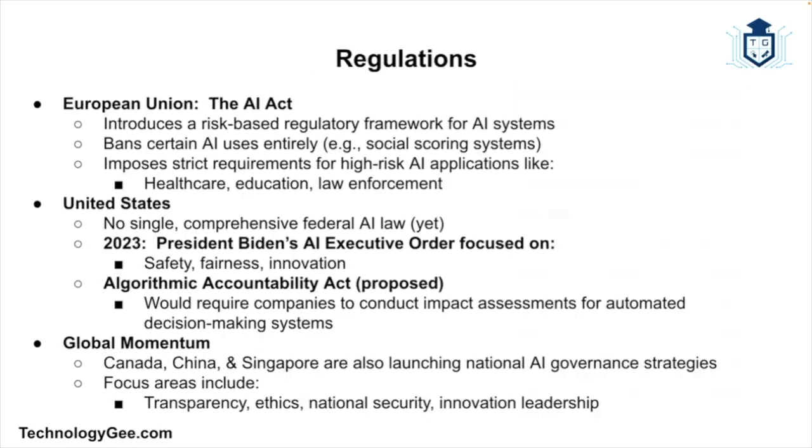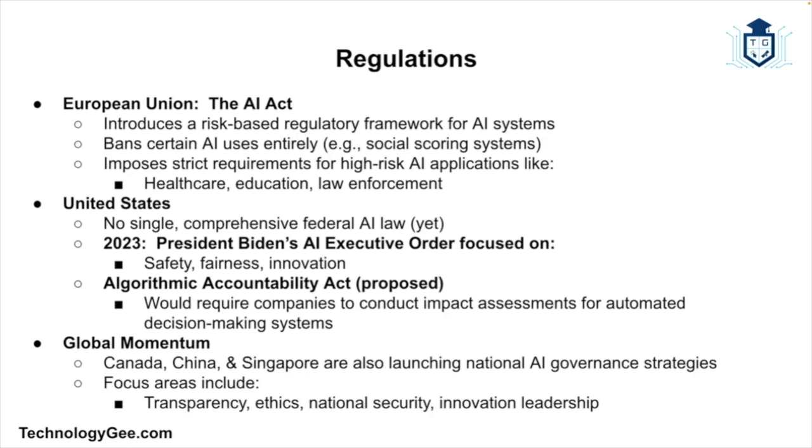All right, so let's talk about regulations. Ethics and governance are great, but sometimes you need laws to back them up. And governments worldwide are starting to step in. Out in the European Union, they have what is called the AI Act, and this proposes a risk-based framework for regulating AI. It completely bans some types of AI, like social scoring systems, and it requires strict oversight for high-risk applications like